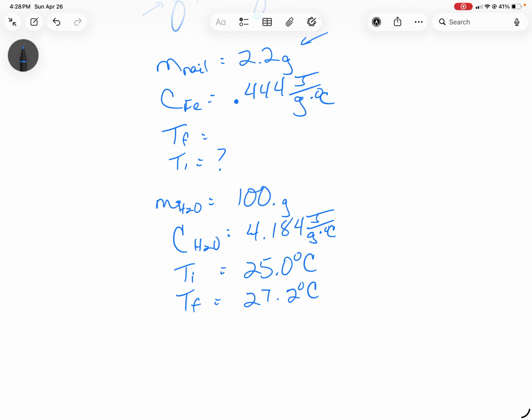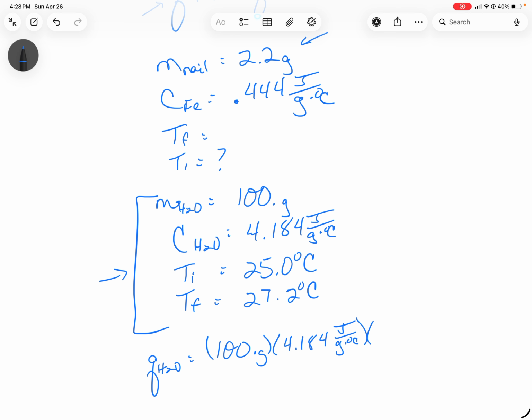So here's what we can measure. We can measure the amount of heat absorbed by the water. We've got enough information there to figure out how much heat was absorbed by the water. We're then going to assume that it came from the nail and work backwards to the nail. So we're going to have to do two separate Q equals MC delta T problems and flip the sign in the middle. So the heat absorbed by the water was 100 grams times 4.184 joules per gram degree C